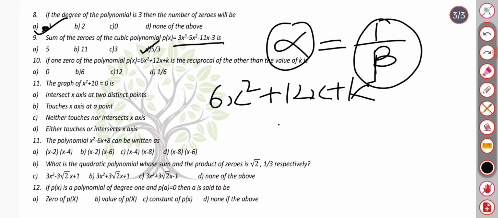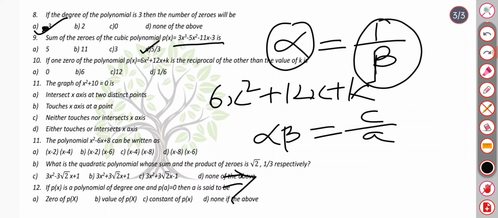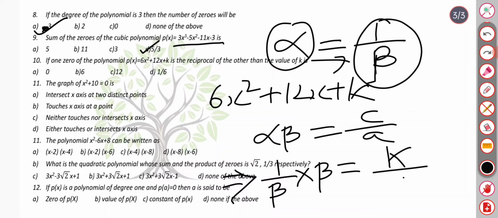हम लोग का प्रोडक्ट ऑफ जीरोस का फॉर्मूला क्या था? c/a, है कि नहीं? So now see, alpha, in place of alpha we can write 1/beta or not. In place of alpha we can write 1/beta. बीटा को बीटा ही रख देंगे हम लोग. अब देखो c हम लोग को क्वेश्चन में कितना दिया है? क्वेश्चन में c k दिया है एंड a how much is given? 6 or not. If you do you will get 6. So